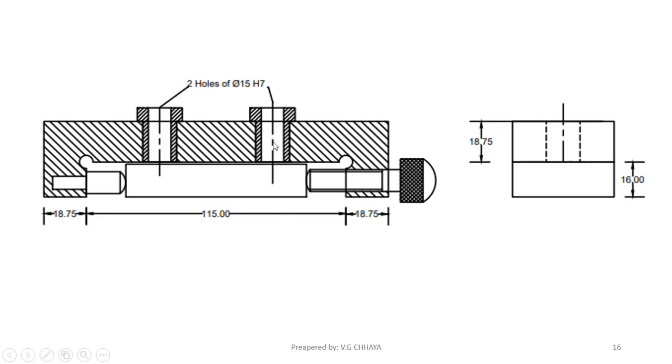and we can assemble two bushes to drill holes at certain distance. We are going to support one locator at one end and a screw clamp at the other end. So this is our arrangement. We are going to use two locators at this surface. So first we need to design the jig bush.